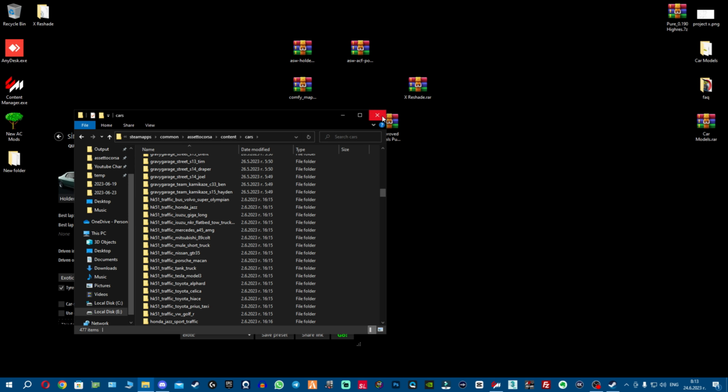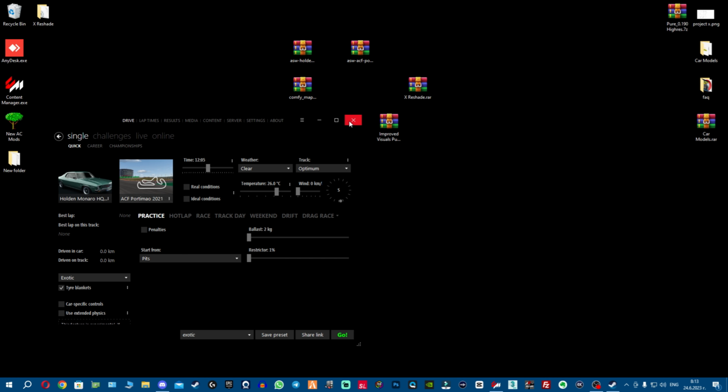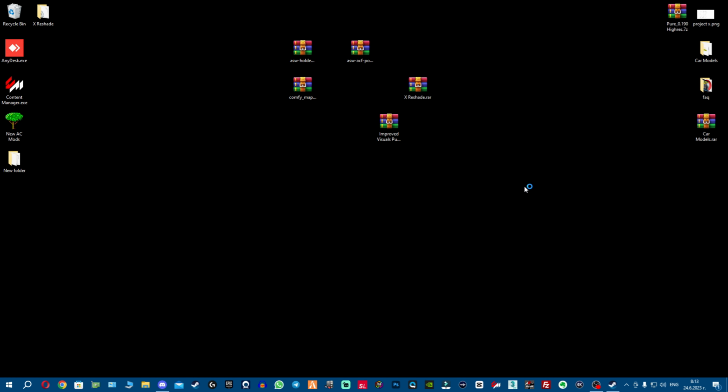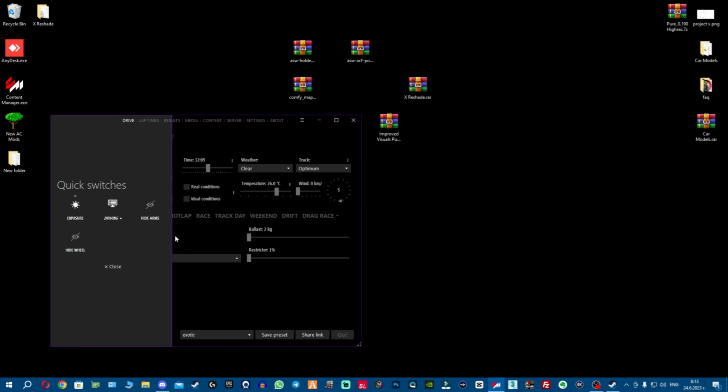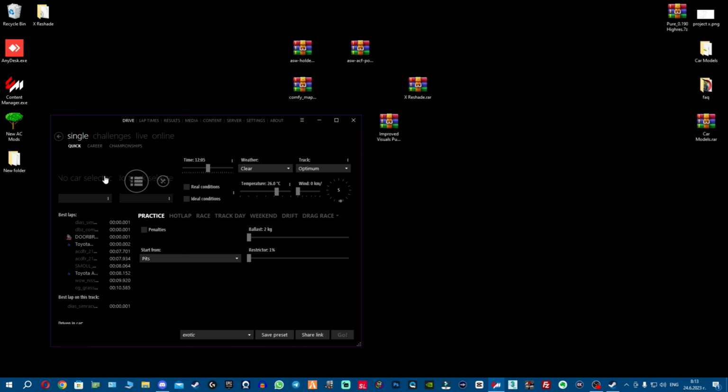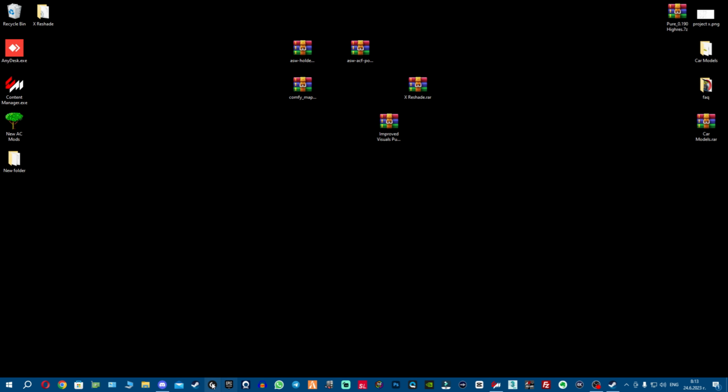And I'm gonna show you now how to install manually. So I'm gonna restart Content Manager. I'm gonna open it real quick now, and you will see that the car is no longer here and the track is no longer here. So what we're going to do, fellas, is since we cannot use this quick access, basically what you can do